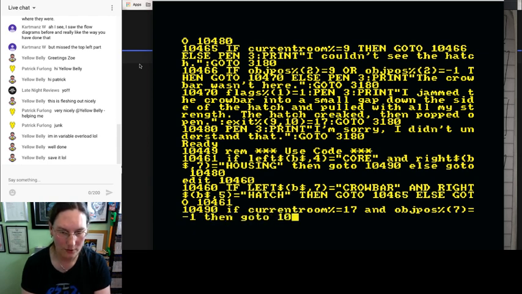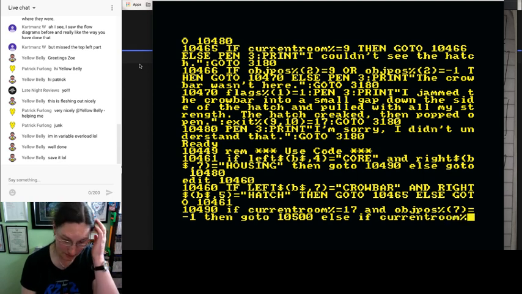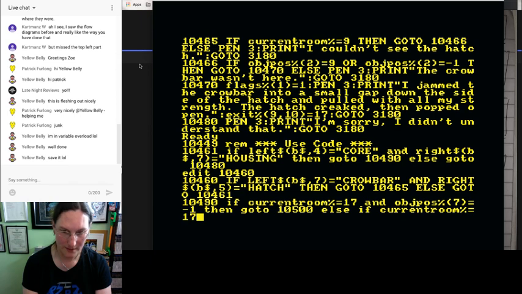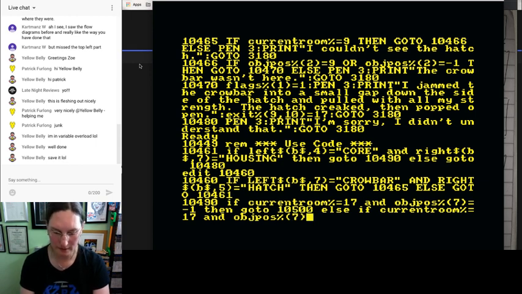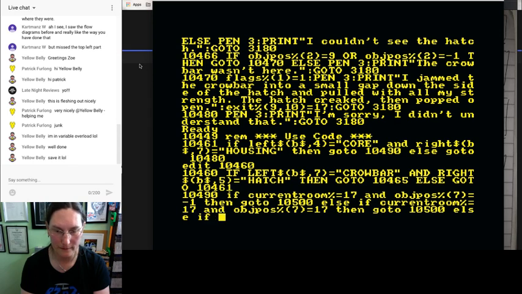Then go to 10500 else if current room percent equals 17 and object position percent equals 7 equals 17, then go to 10500 else if no, that is it, isn't it? Else if